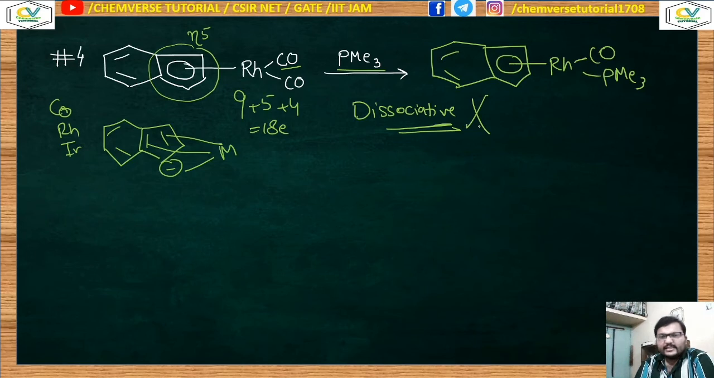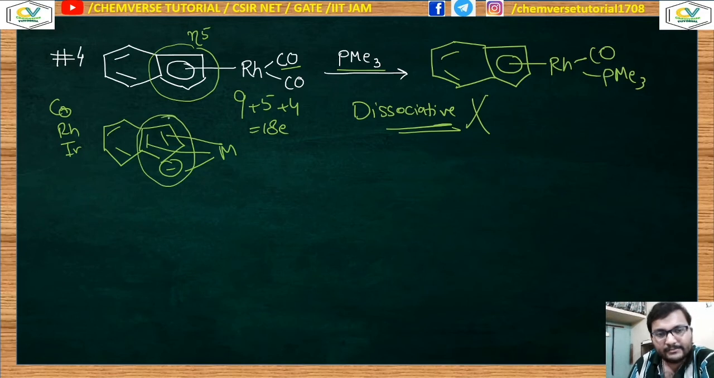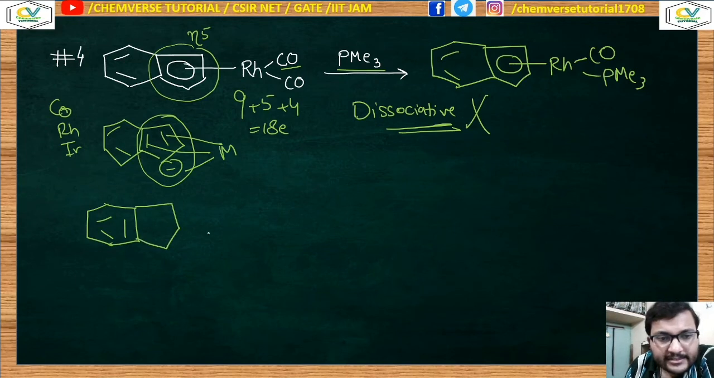I said that generally 18 electron species will undergo substitution via the dissociative pathway, but if it has a possibility to adopt the associative pathway, it will go for that, because you know that for the dissociative pathway the energetic requirement will be higher. Okay, now let's move on to the example of how it can perform the associative pathway. There's a possibility for this hapto5 cyclopentadienyl ligand to change its hapticity from hapto5 to hapto3. So if it does so,